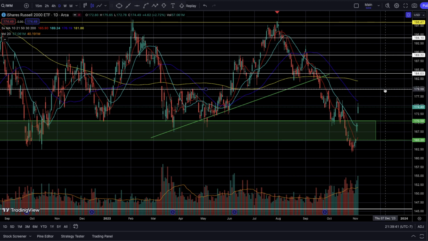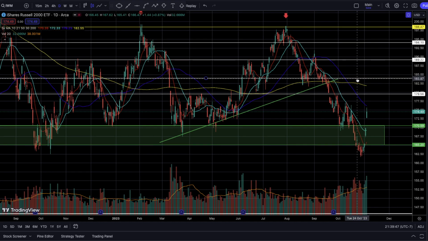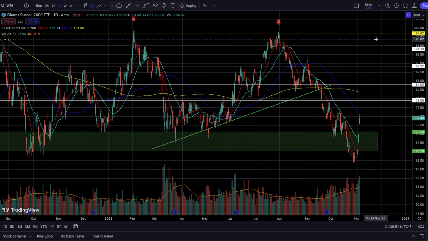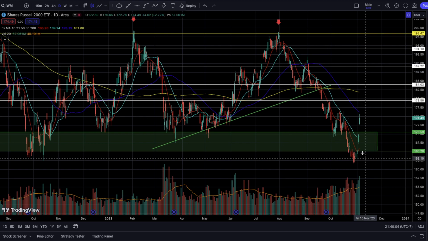So I do have a theory that I told you guys last week in the Discord chat room, that IWM might just be running to the upside a lot better compared to the overall markets for the end of the year rally, because again, this name has a lot more room to run compared to the S&P 500, just based on the scale of this downtrend that we've been seeing since the middle of summer and the last 2 months of quarter 3.